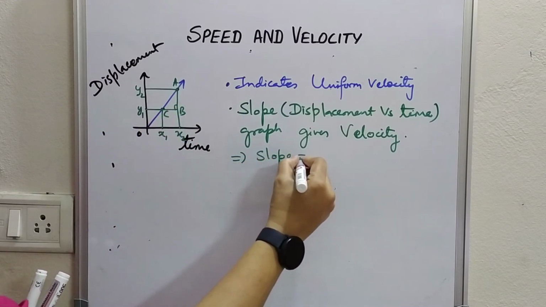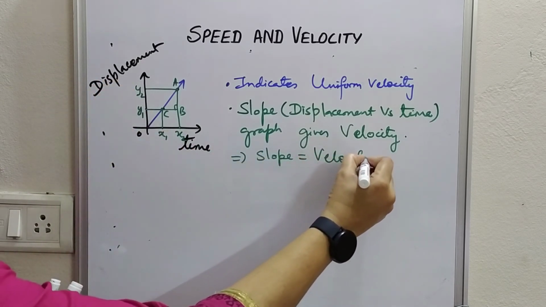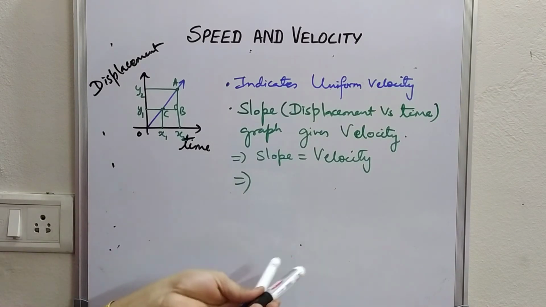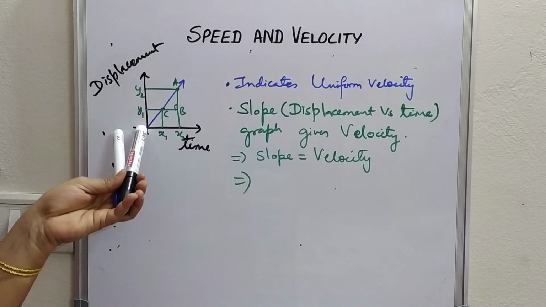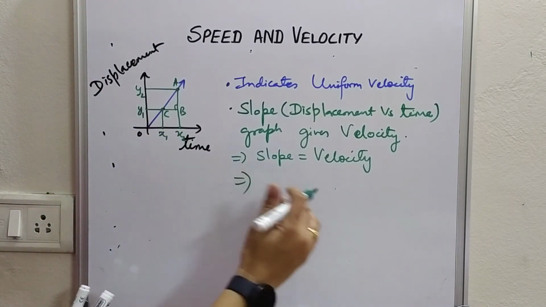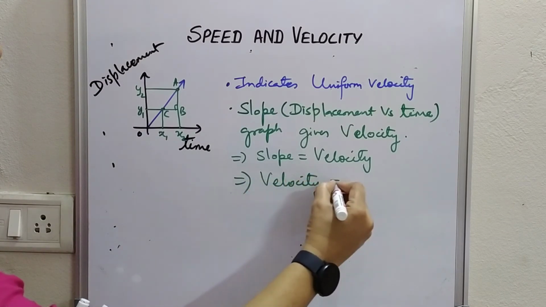Then the slope of the graph, which is between displacement and time, gives velocity. So we can calculate average velocity. This is not instantaneous. Instantaneous velocity will be for the body which is in non-uniform motion, the way I have drawn the graph before, a curve. But if the graph is a straight line, we will get average velocity by calculating the slope. So we are going to calculate average velocity, which is a slope.